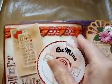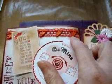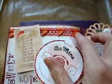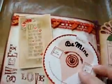Have some red heart buttons that I stamped with Perfect Medium. Used a Tim Holtz French script stamp and then dusted it with Perfect Pearls, gold Perfect Pearls. Also put some of those around the edge, put some water with the Perfect Pearls and stamped it on with